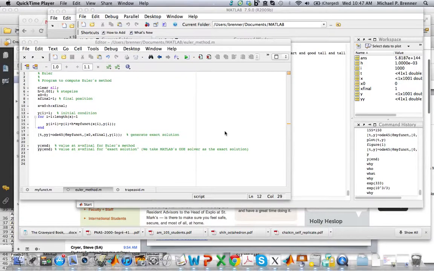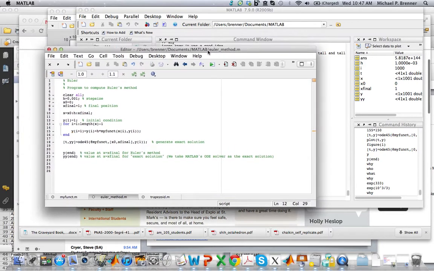I want to take a little bit of time to explain in a little more detail the program that I discussed in class on Monday for carrying out Euler's method. So I did this in class. Here is the program that we discussed in class, and you'll remember that Euler's method is the idea,